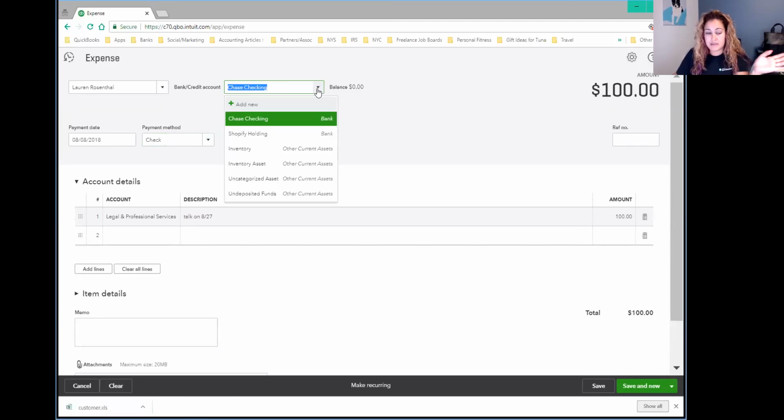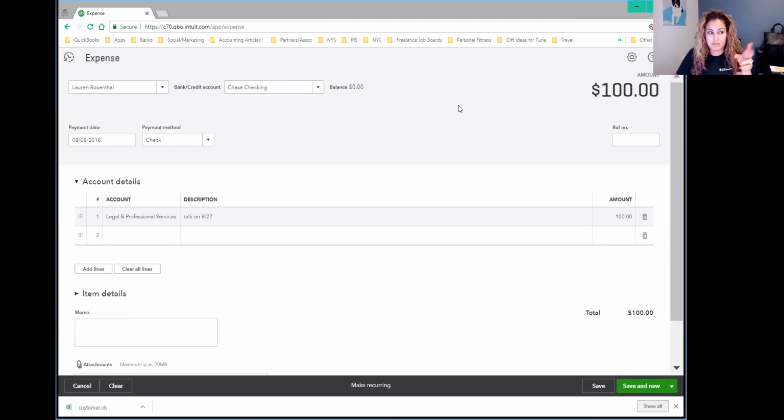So it's going to come back and it's going to pull from Chase checking on 8/8, since it says I paid her on 8/8. So if I wrote this check a week ago, I would change the date. Anytime that you write a check, even if it's a paper check, you should enter it here. What that's going to do is give you a true balance in your checking account. So when I save this,